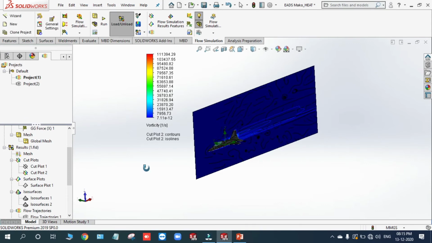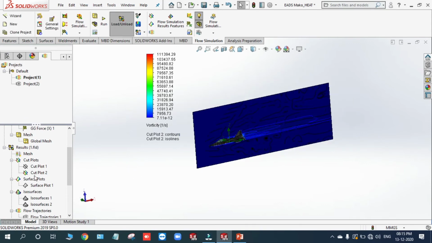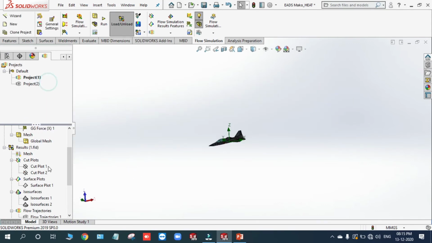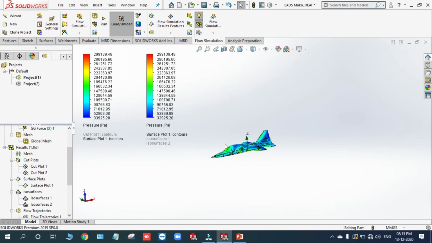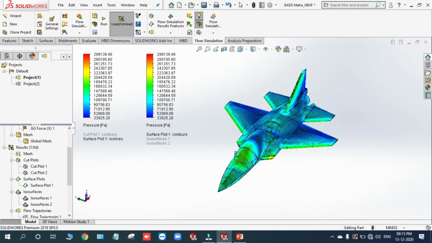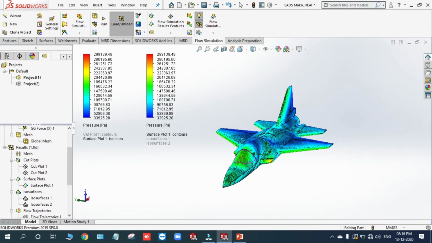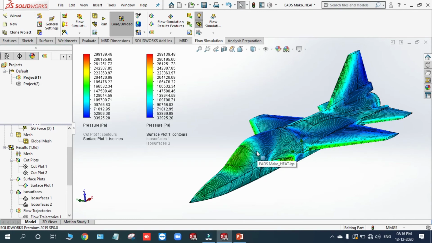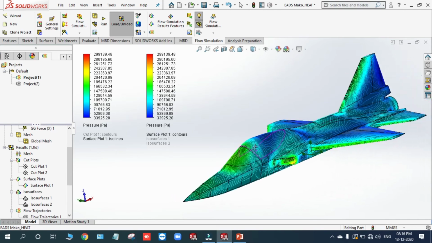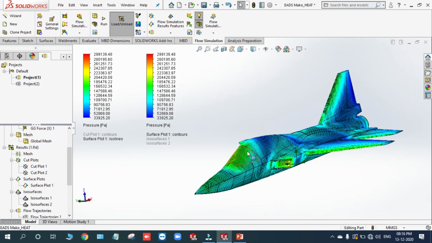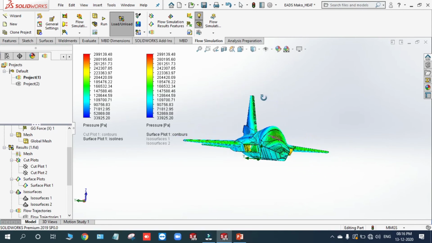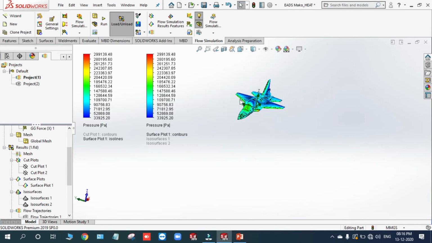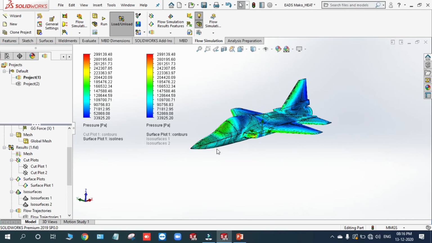And now with respect to the remaining things, one more plot is the surf plot, showing how the pressure varies on the particular model like this. These are the areas where the pressure is more, and you can see the regions where the pressure is low. With respect to that, pressure is inversely proportional to velocity. You already know that, right? So at those locations the velocity will be more, and we'll see the streamlines now, how they act on the particular models.